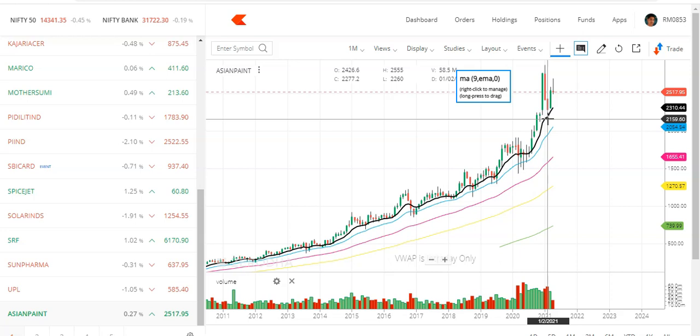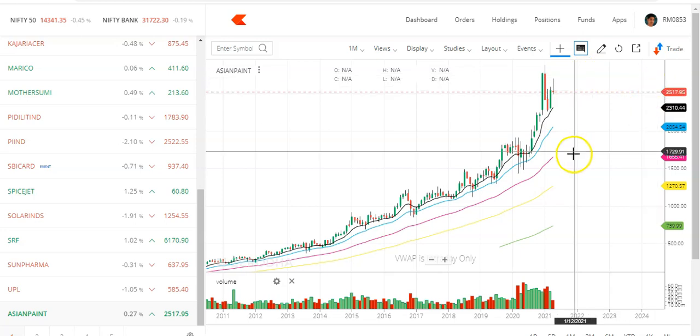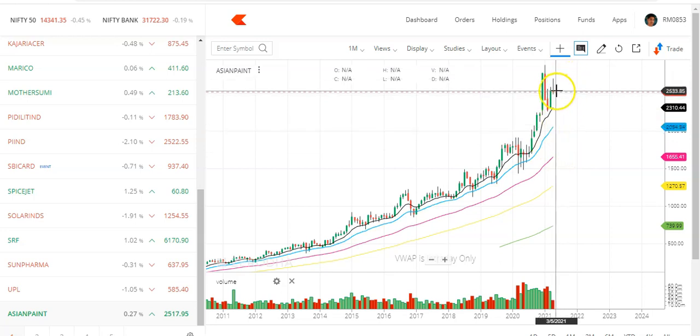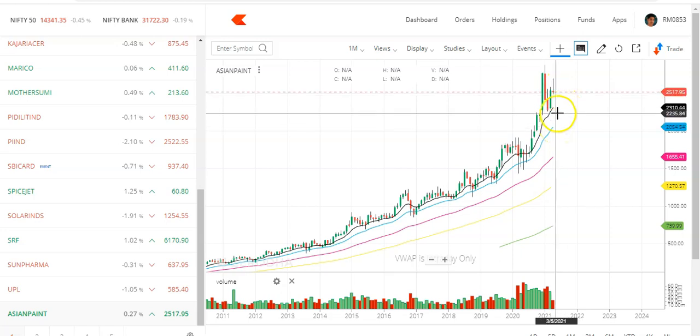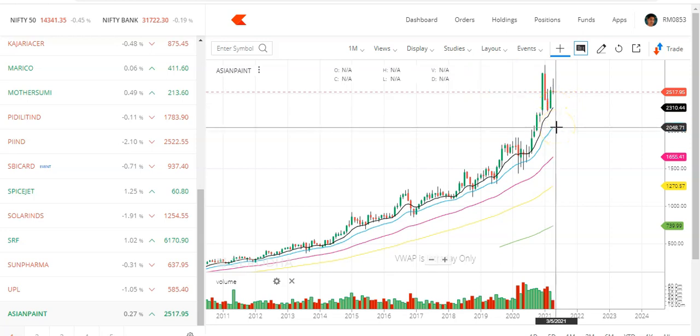That is the best possible entry that you can get as of now. Say currently Asian Paints is around 2500 and the 20 EMA is around 2054. So if you want to buy now for long-term investing, maybe not. You may have to wait for a further fall. We don't know whether it will fall to the 20 EMA or not. So the 9 EMA is a good entry point, but the 20 EMA is a very good entry point. So it is up to you.